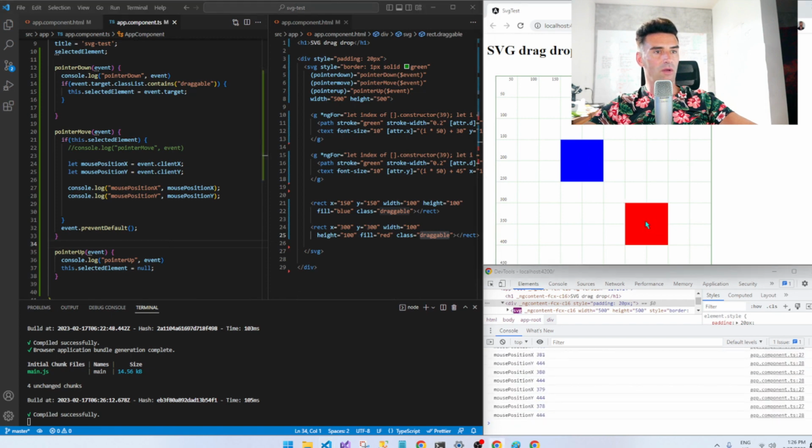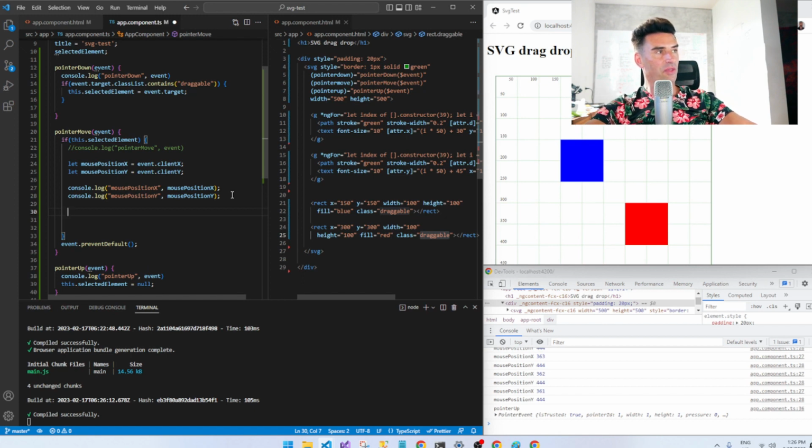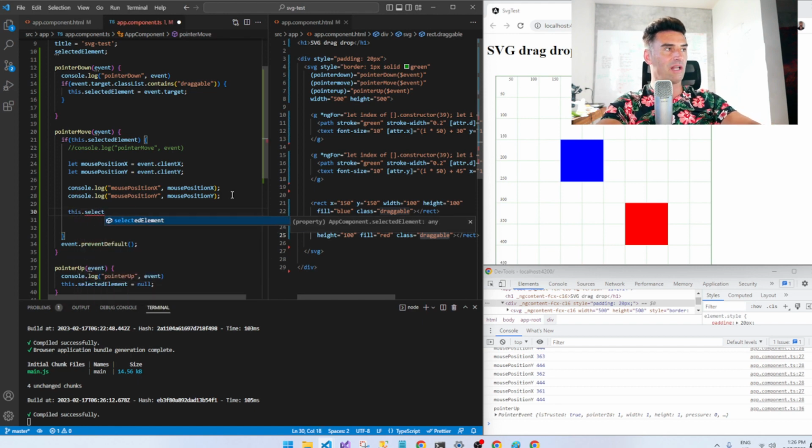Yeah, there we go. So position X, position Y. Okay. Cool. So next step then is we want to translate that to the X and Y of the rectangles. So we've got the selected element, which is the thing we clicked on. So this.selectedElement, and then for